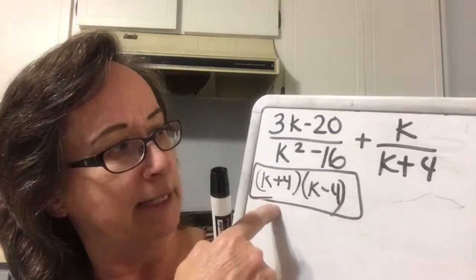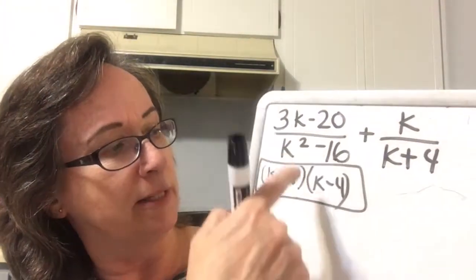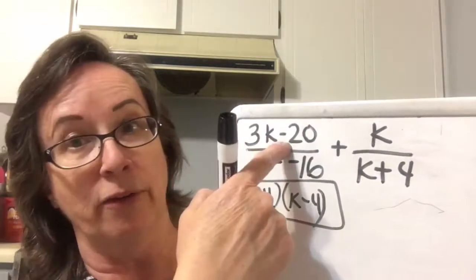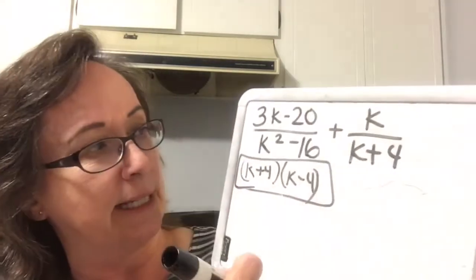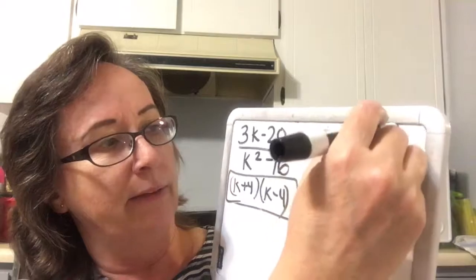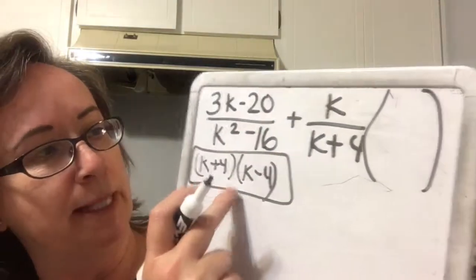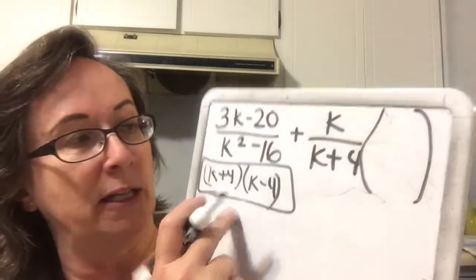Okay, so this is my LCD. This one is already over my LCD, so I don't have to do anything to this one to get it to be equivalent. This one I'm going to multiply by what's missing, and what's missing is a k minus 4,